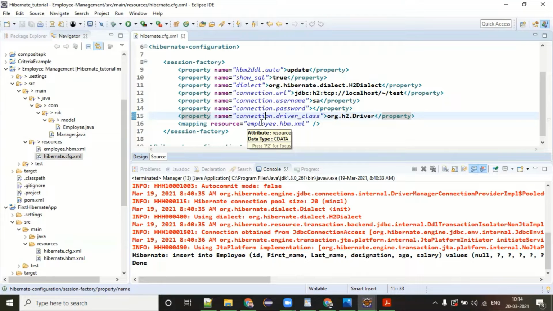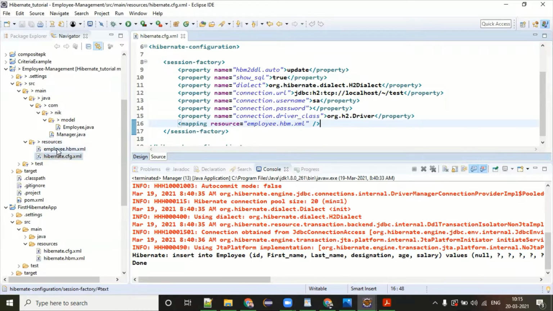Internally, they might be using the XML file, or they have their own annotations, lots of mechanisms, lots of reflection that Spring Boot uses. But here, if you are dealing completely with a Hibernate application, and in fact if you look at any legacy application using Hibernate, then they have the XML like this. So these properties are mandatory to establish the database connection and also set up the dialect according to that database.